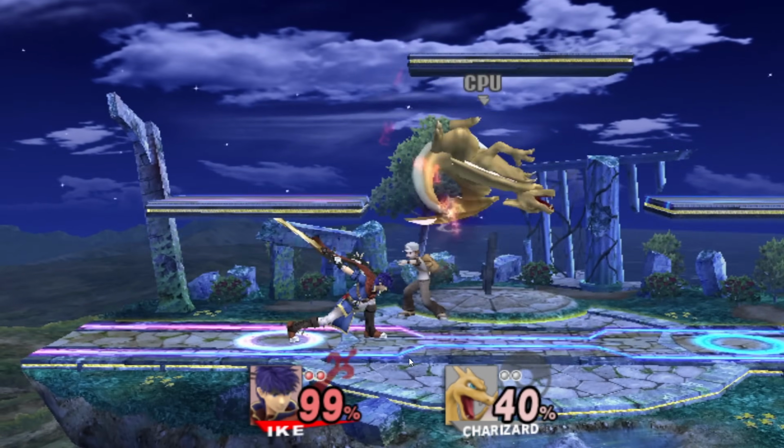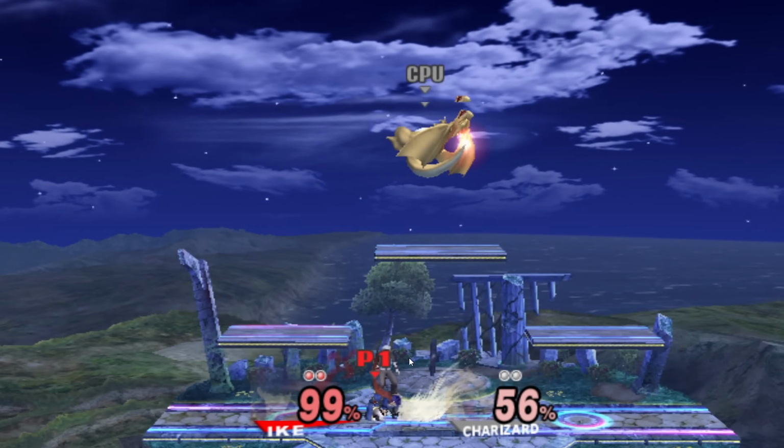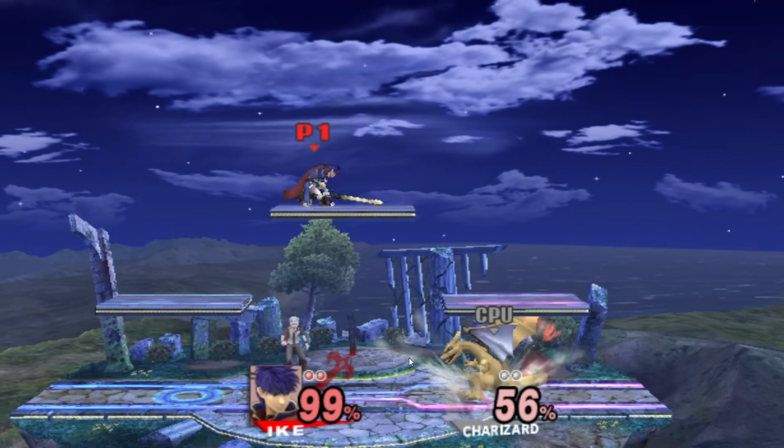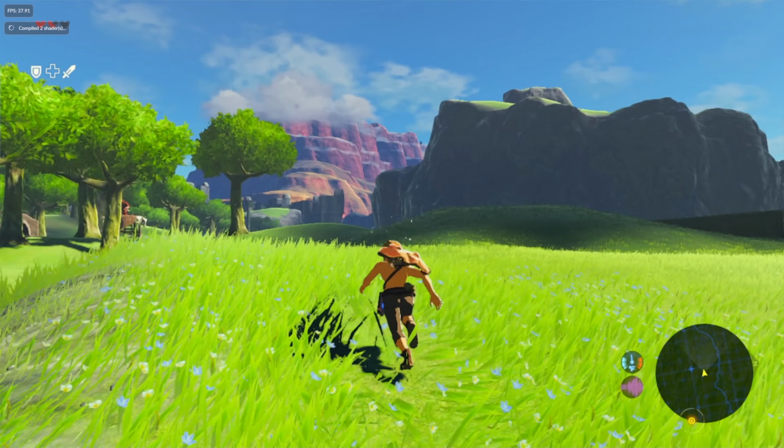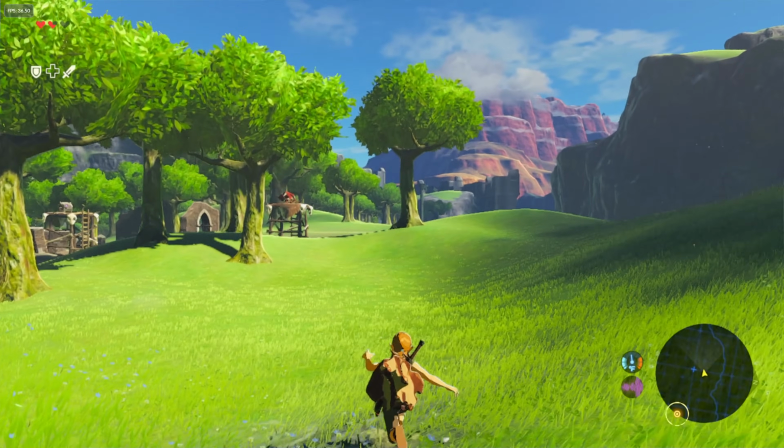For Wii, I tested Super Smash Bros. Brawl, which is always fun to play. It seems to run fine, and I played it a lot longer than I needed to because you can never play too much Smash. The last game I tried to emulate was Breath of the Wild, which is a Wii U game,